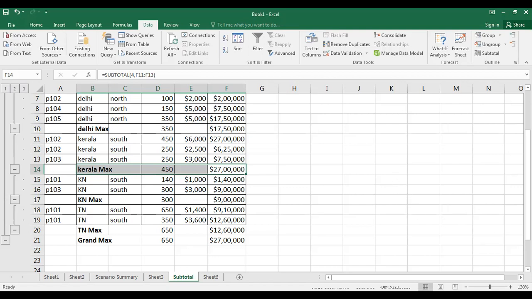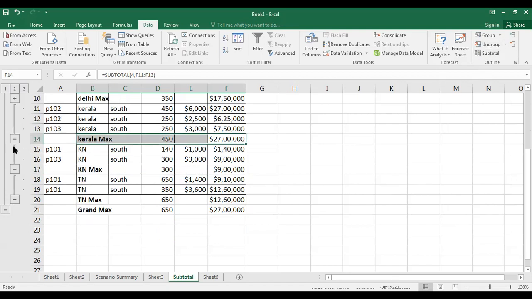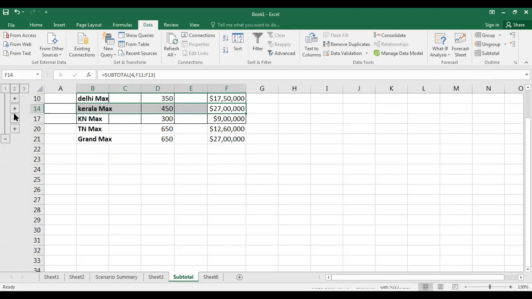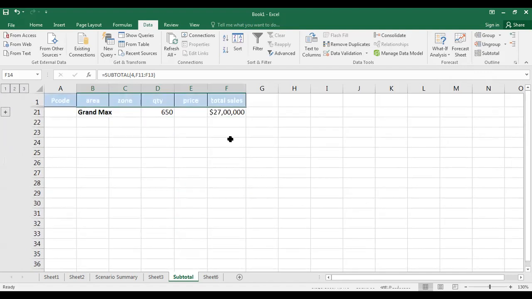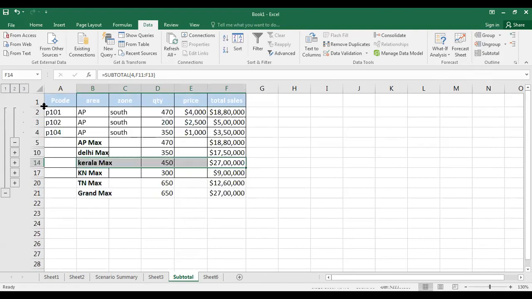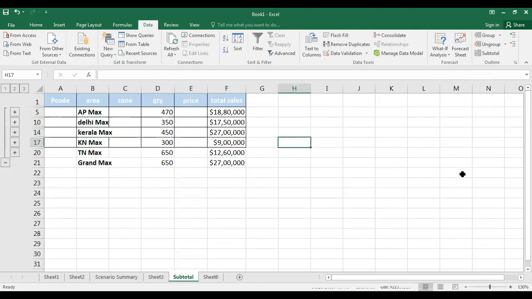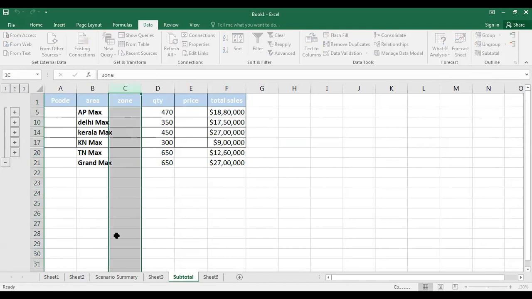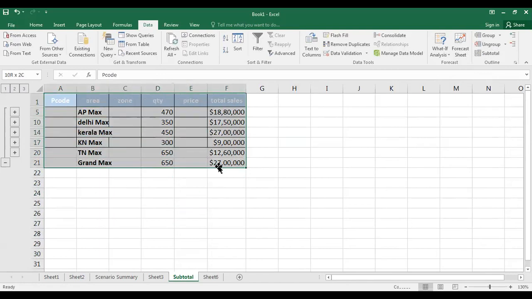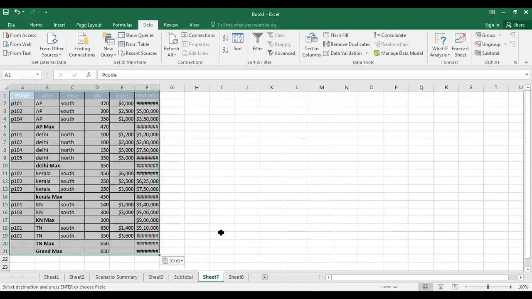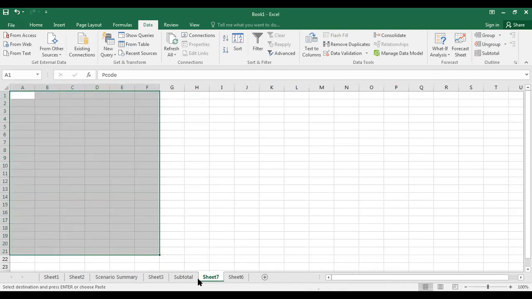Okay. Any doubts? Anybody have doubts with subtotal? After subtotal, as I said, I don't want to concentrate on all. I want to see which is the highest sales we got. Now if I expand, again I can point out which is the highest. 27 lakhs is in Kerala. And you can take this out separately and put it in a new table, where the full data is coming out.